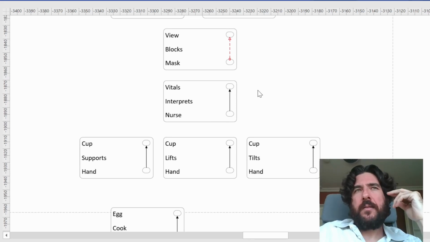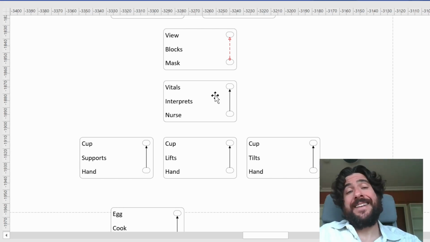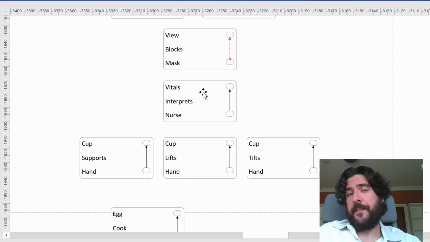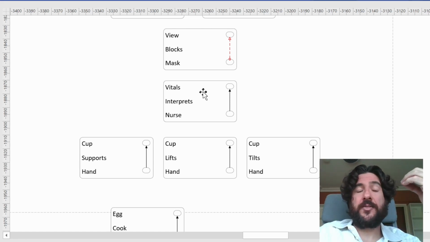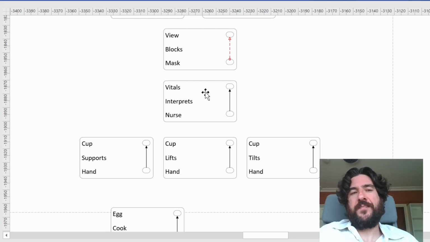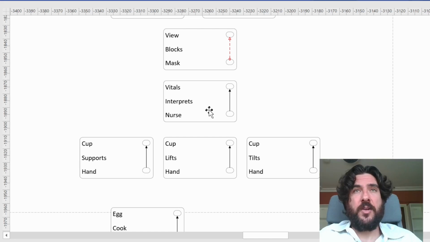When we think about what the nurse is doing, the nurse can do a whole lot of things, and the vitals can come to us in different ways. She can actually be looking at a gauge. She can be looking at a dial. She can be looking at a screen. She can be interpreting directly through the screen. She can be interpreting by looking at the dial. She can be interpreting by reading the results of, say, a monitor, okay, that has already effectively done the interpretation but is displaying the results of that interpretation,